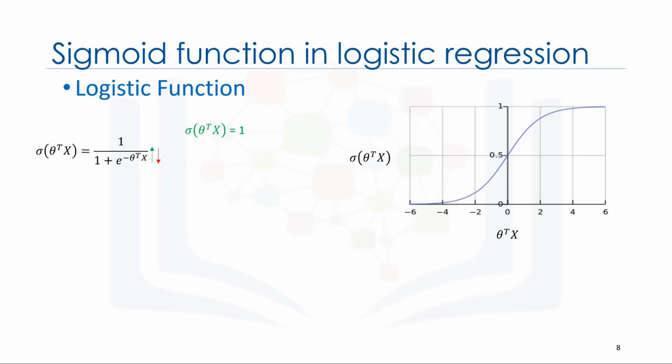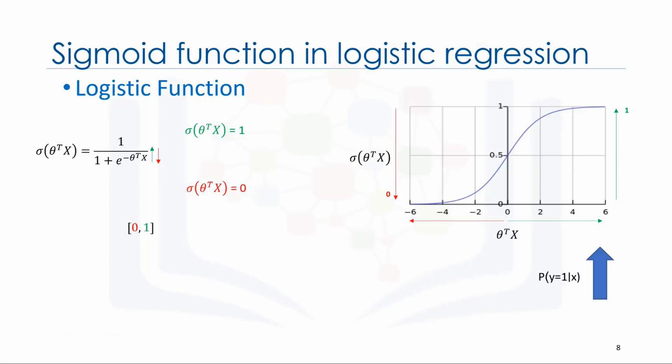If theta transpose x is very small, the sigmoid function gets closer to 0. Depicting on the sigmoid plot, when theta transpose x gets bigger, the value of the sigmoid function gets closer to 1. And also, if the theta transpose x is very small, the sigmoid function gets closer to 0. So, the sigmoid function's output is always between 0 and 1, which makes it proper to interpret the results as